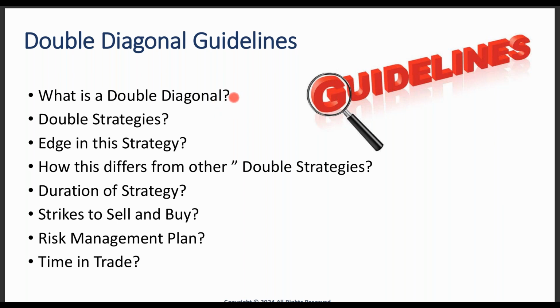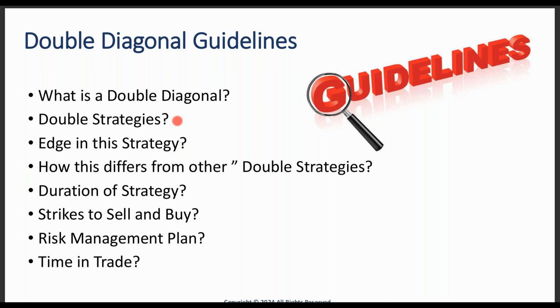Double strategies just mean strategies where the foundation is a short strangle, selling an out of the money call and put. So double strategies, and this is our double series. The next one I'm going to do is iron condors. You have doubled calendars was the first one I did last month, double diagonals today, iron condors next time. You have another strategy called a double long diagonal, but these are strategies where the foundation is a short strangle.